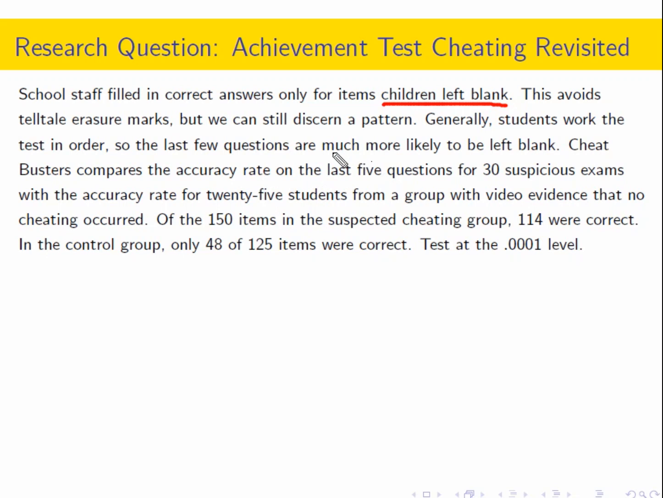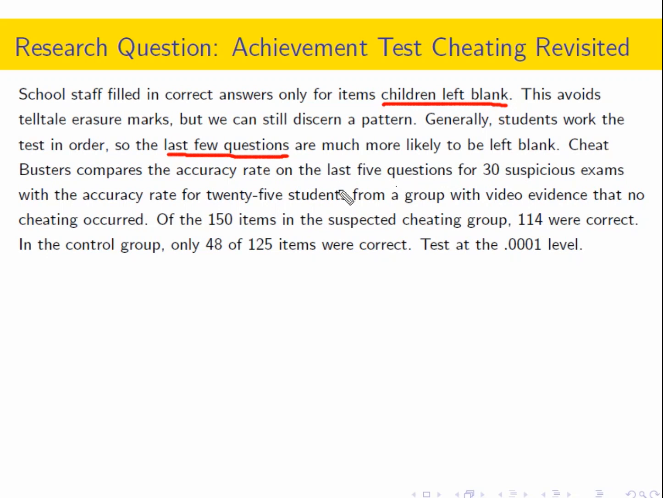How? Well, when kids are working a test, most of them go from start to finish. So the last few questions are much more likely to be left blank. That's the ones they don't get to. And if they don't guess, right, there might be 5 or 6 answers at the end that are left blank. Well, then the cheating staff at APS could go in and just put the right answers for those last few